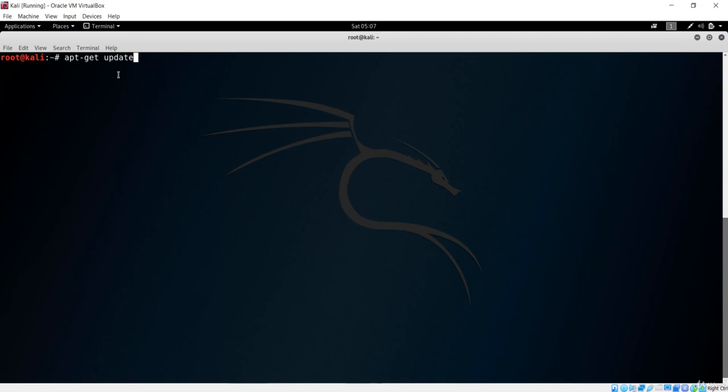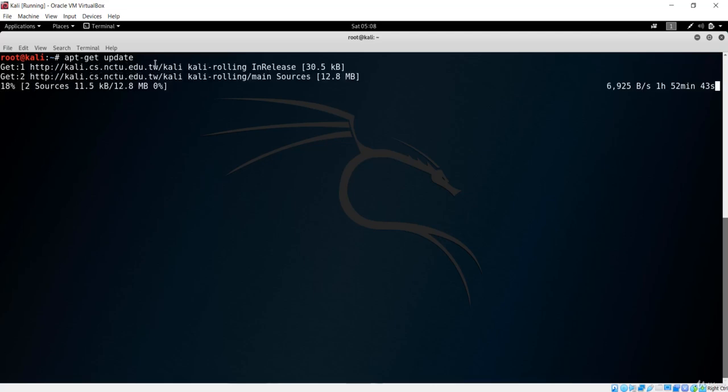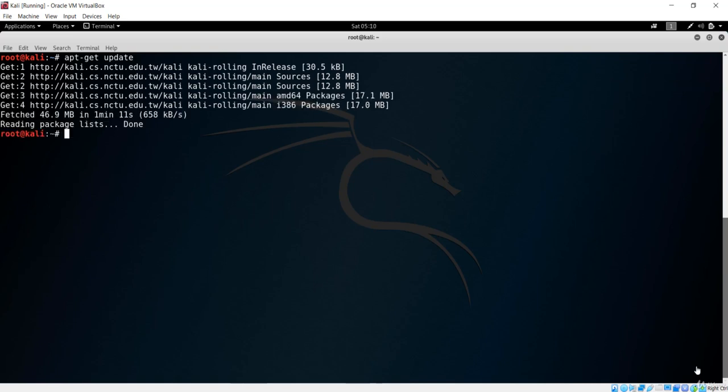So I say apt-get update and press enter. All you need is an internet connection and to wait for a moment. The package database has been updated successfully with this command.